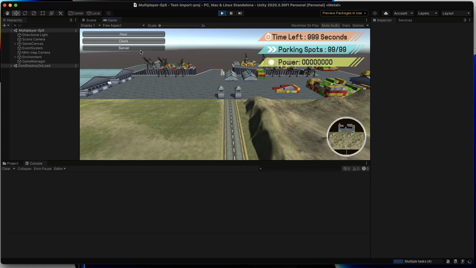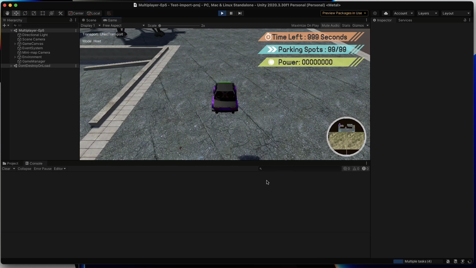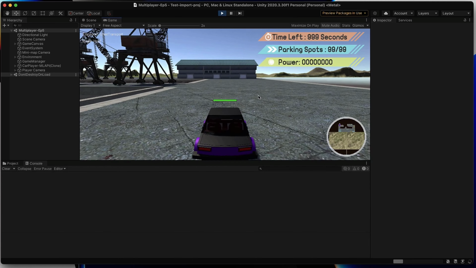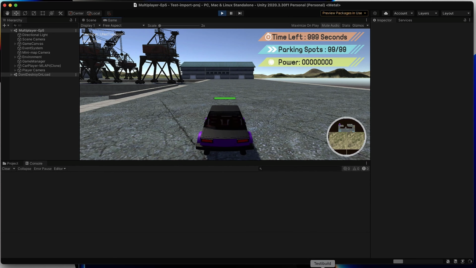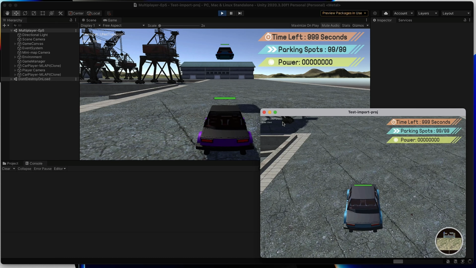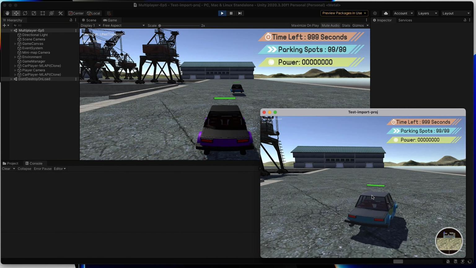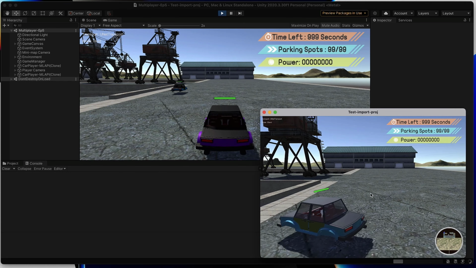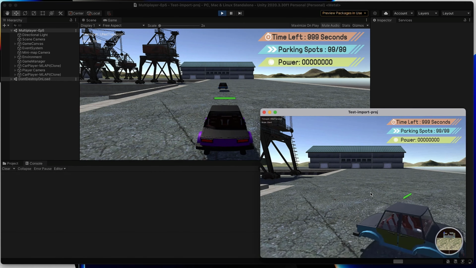All right, this time we're gonna let our Unity editor be host. Let's go ahead and move our Unity editor back a little bit. We're gonna go ahead and start our built game as client, and let's move them around. And as you can see, our player position is now being reflected within the game.